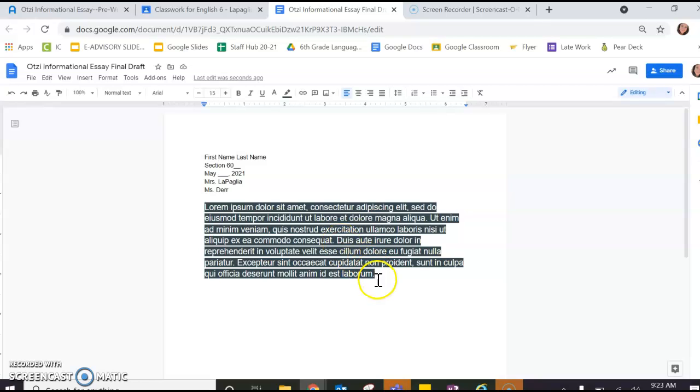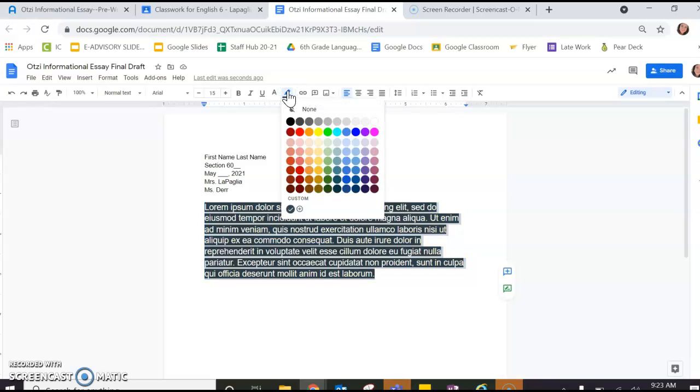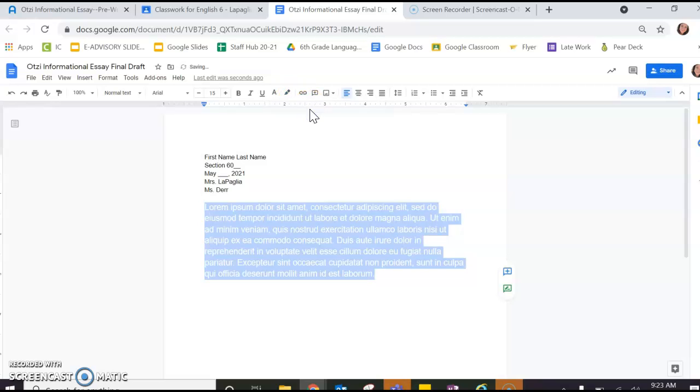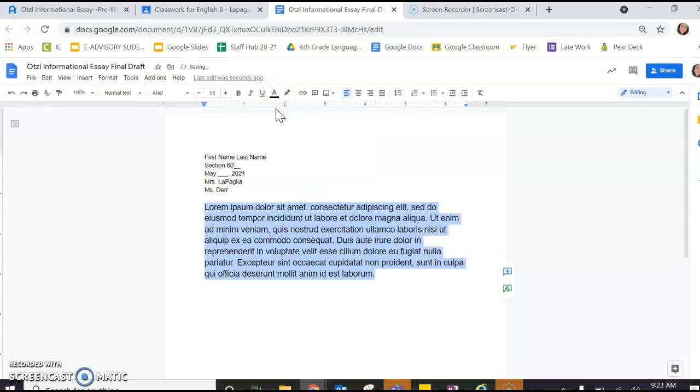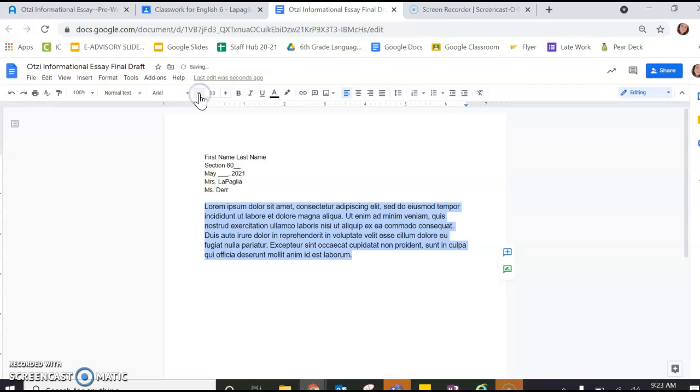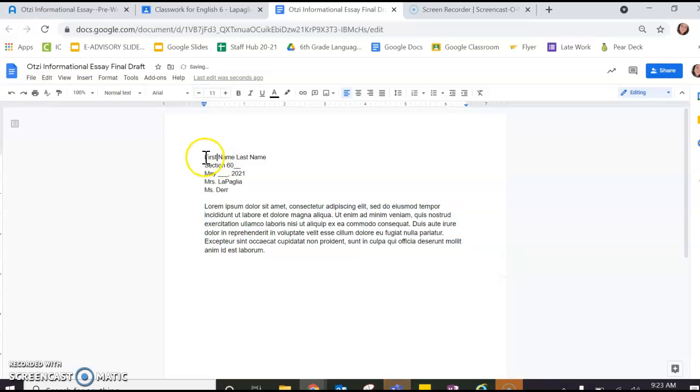In order to get rid of that highlighting, simply select the text, go up to the top, and click this little button that looks like a paintbrush. For highlight color, choose None, and then change the text color to black. You can then also change the font so that it matches the same size as the heading,